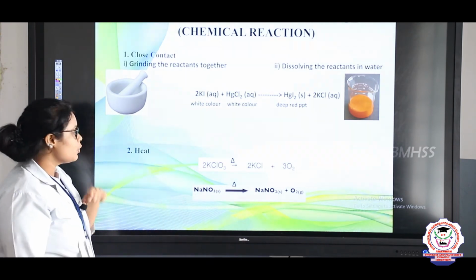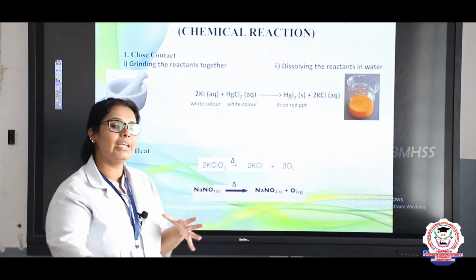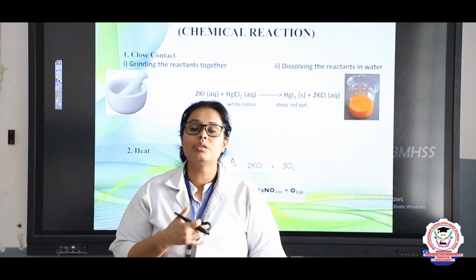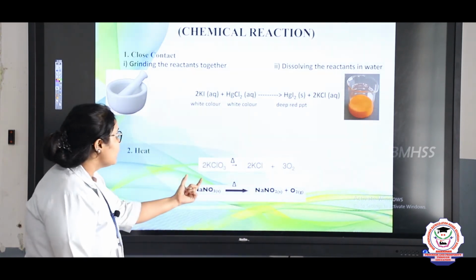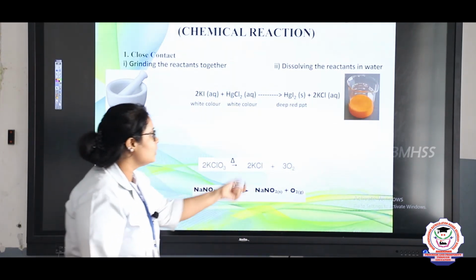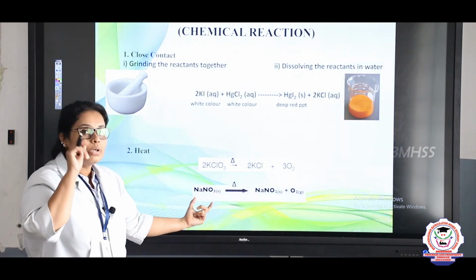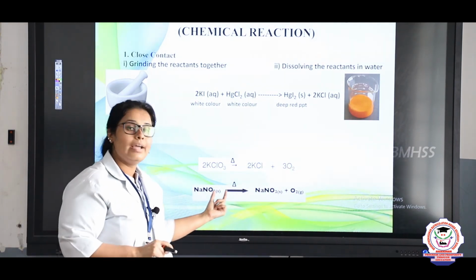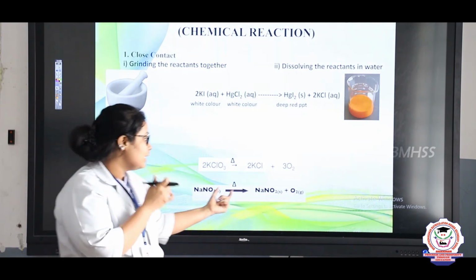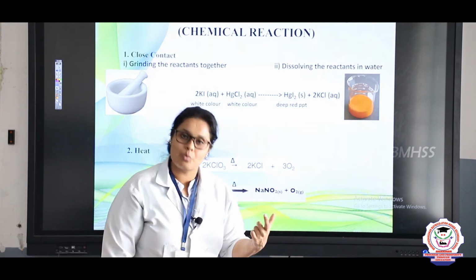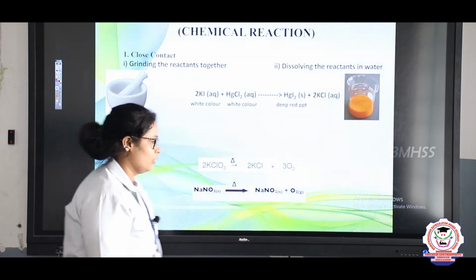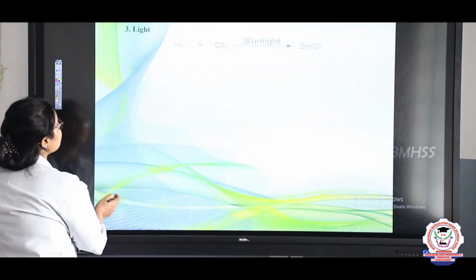In the same way, now come to heat. Students, when you heat it, the process gets even faster. Here potassium chlorate converts into potassium chloride and oxygen. In the same way here, sodium nitrate, NO3 is nitrate. When it is heated, it becomes sodium nitrite and oxygen, right? Third is